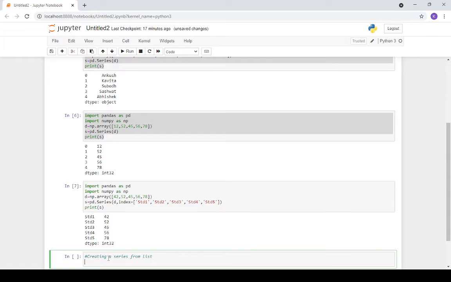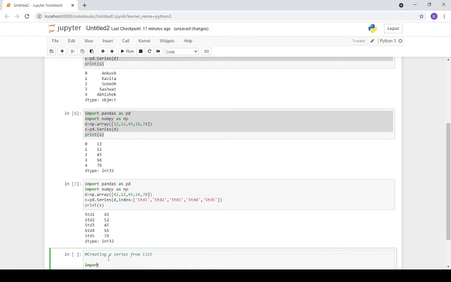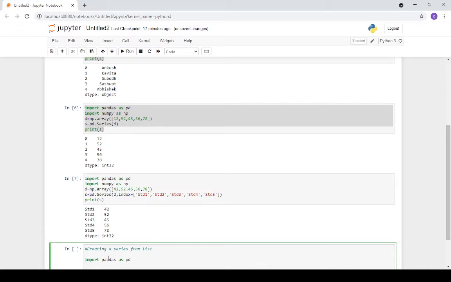First of all, we have to import the pandas module: import pandas as pd. Then we have to create a list. Suppose I'm giving a list here. Whatever list you create is up to you. I'm just using some names.